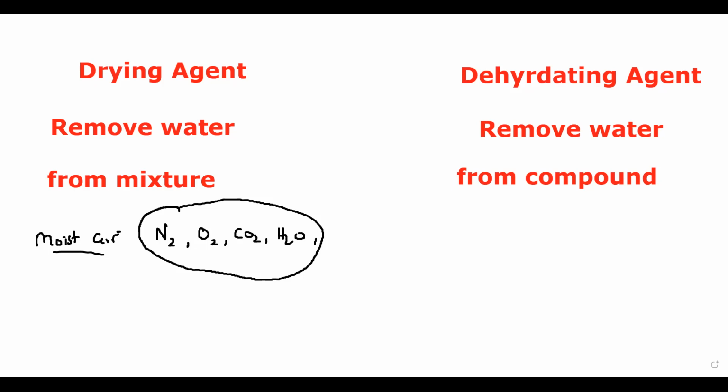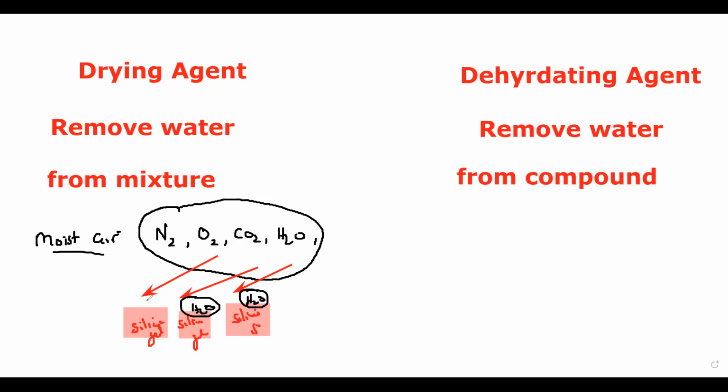So what we do, for example, is place a packet of silica gel here, or packets of silica gel. When we blow or pass this moist air over this silica gel, what will happen? The silica gel is a drying agent, meaning it will trap the water molecules, or store the water molecules on the surface. The silica gel will absorb the water molecules on the surface, and when we pass this air, it will become dry air